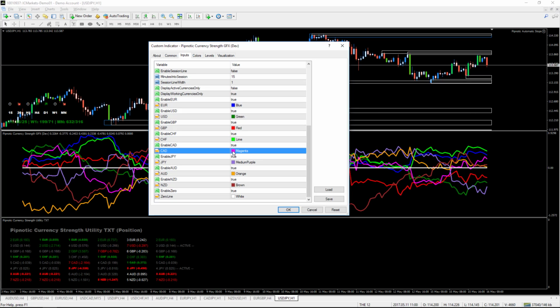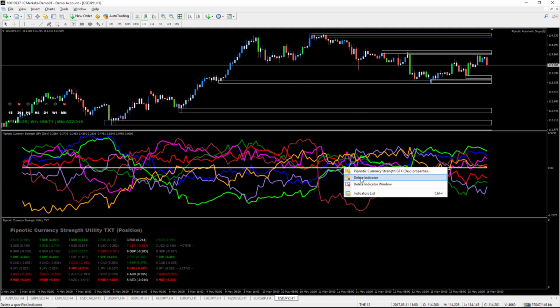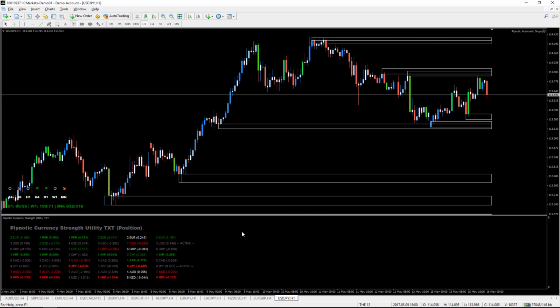I don't know why that one got that one, but we have kind of gold in Australia, so we've got a bit orange. In New Zealand, we have a lot of cows. Cows live in fields. Fields are made of grass and soil. The soil is brown. So I tried to make the colors as logical as possible. But this indicator has been discontinued because I want to focus on this, and this is much more powerful